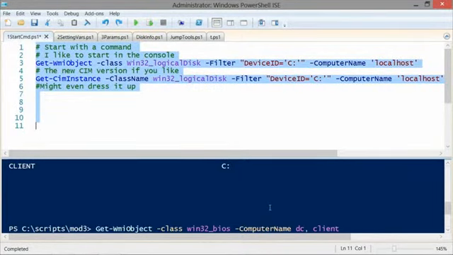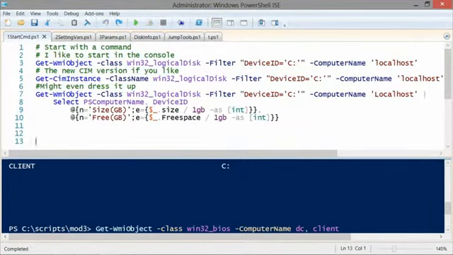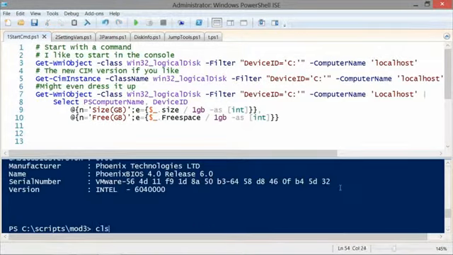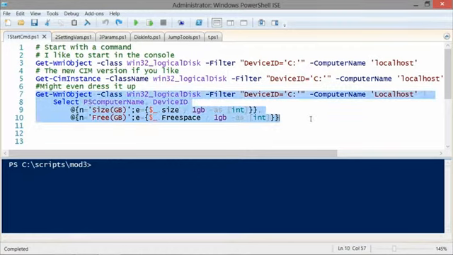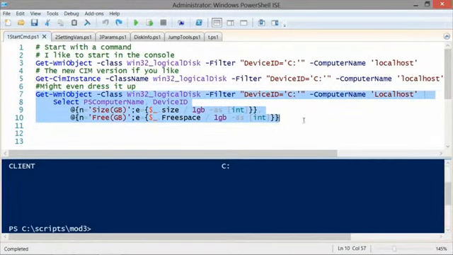Oh, stop it. There we go. I need to go down here and clear this because that's still on the screen so you can see what the results are. So I'm going to start off with a slightly more complicated command,